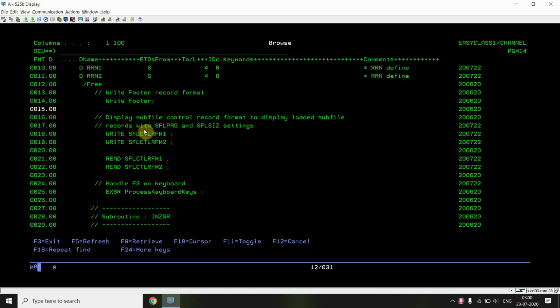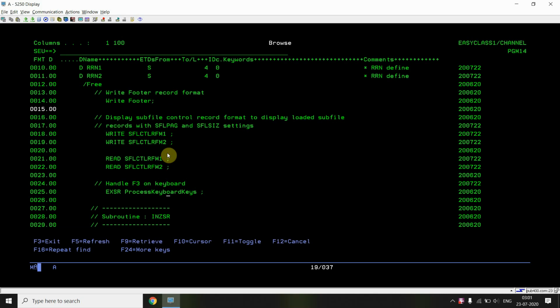The first time I would see the first subfile, and if I press any key, then I would see the second subfile, because only then the second execute format would get executed. So what I did, I just wrote these two subfile control formats and then I am reading both. Once I have read both the subfile formats, I would be able to display them.